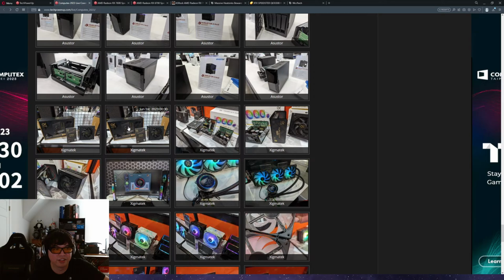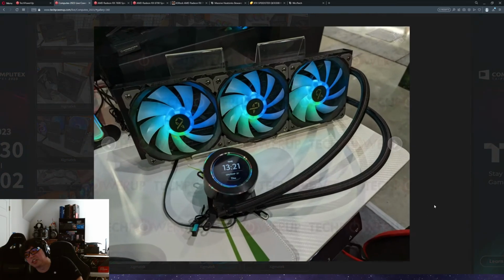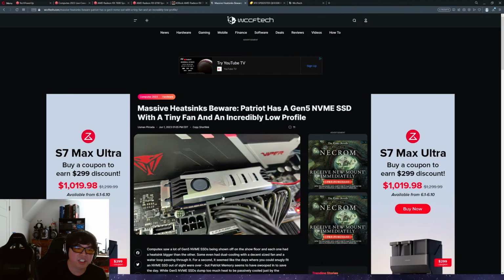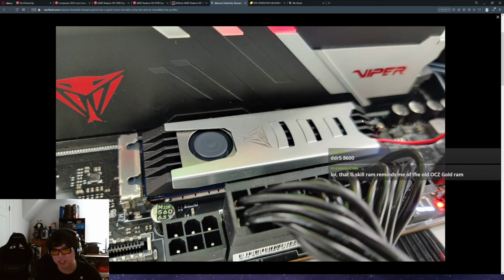And then we got more power supplies, lots of coolers. Like I was saying earlier, if you're looking for new coolers, there were a lot of them. But the only ones that I was paying attention to was Noctua, because they're air coolers. Gen 5 NVMe was another one. That is true. Massive heat sinks for Gen 5. I expect some newer designs. This thing, I don't recommend. I mean, this is going to be the...